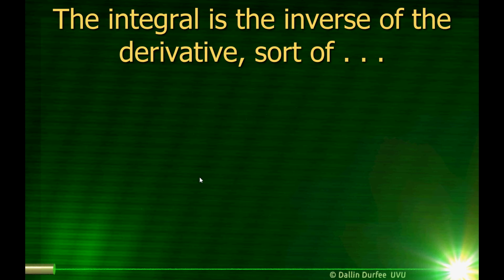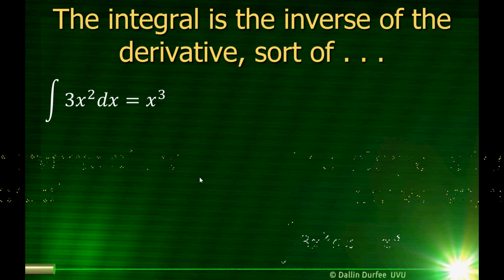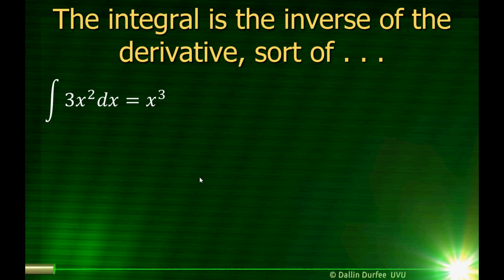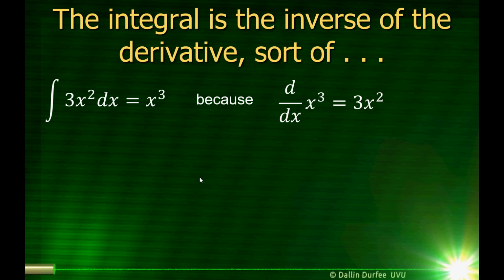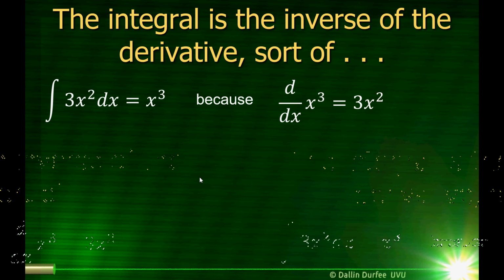Why a constant? Well, let's consider this. What is the integral of 3x squared dx? Well, what do I have to take the derivative of to get 3x squared? Oh, that's just x cubed, right? The derivative of x cubed is 3x squared. So the integral of 3x squared must be x cubed, because that's the thing I take the derivative of to get 3x squared. So the integral of 3x squared dx is x cubed because d/dx of x cubed is 3x squared. But